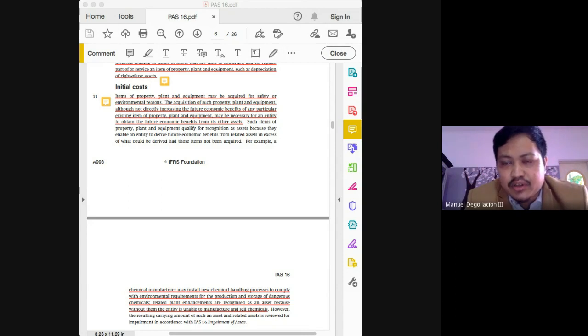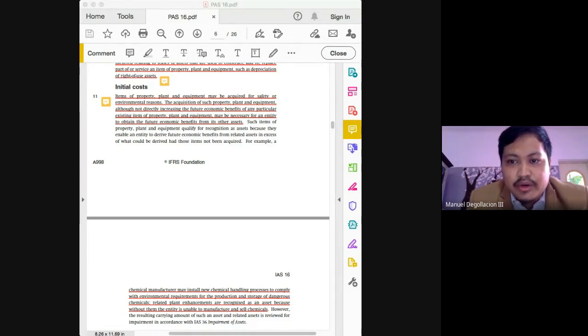can be considered as directly attributable cost, can be considered as necessary and unavoidable in bringing the asset to its intended use, location, and condition. But as an exemption, even costs that are incurred after the asset has already reached its intended use, location, and condition can be capitalized, can be added to the carrying amount or cost of the asset if these subsequent costs